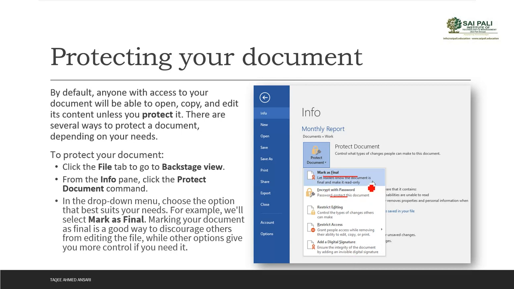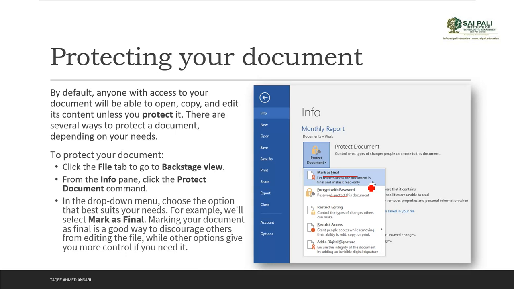Now Mark as Final is not really just protecting your document. Remember, it will not stop anyone from editing, but it will discourage others from doing anything in this file. So when you mark as final, it will consider this file as final.